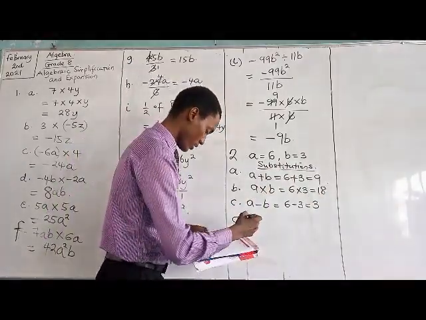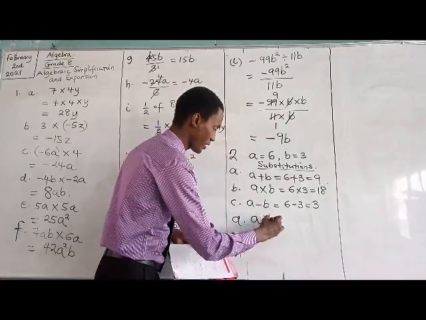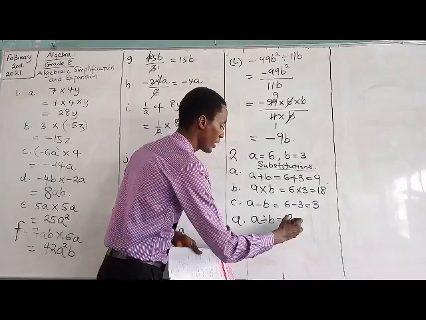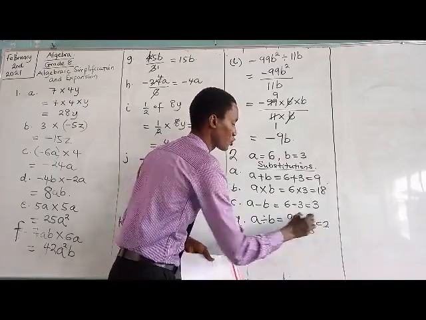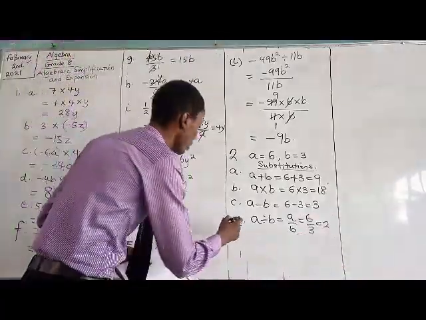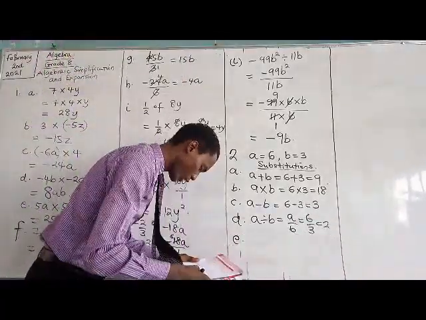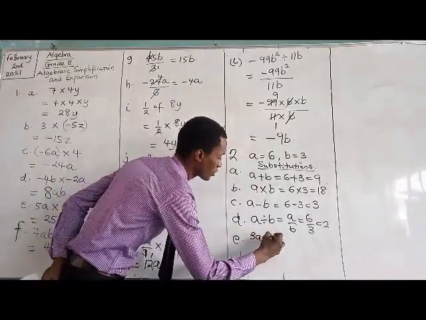You have D. What is D? You have what? A divided by b, which is equal to a over b equal to 6 divided by 3, and that is what? 2. Alright. So we go to question E, and in question E, we have a question that says 3a plus